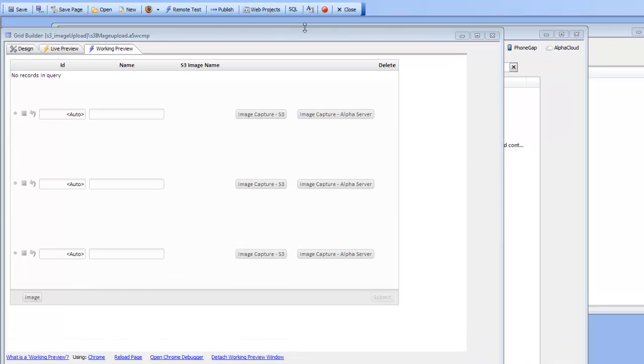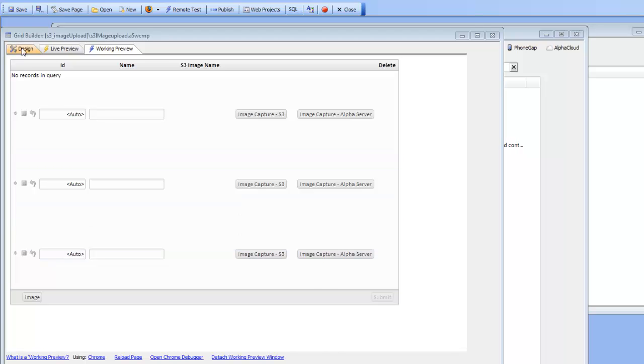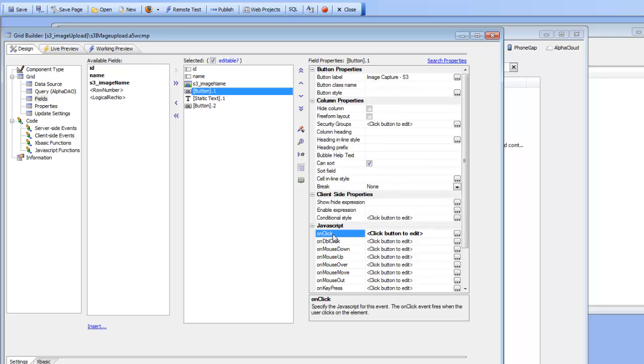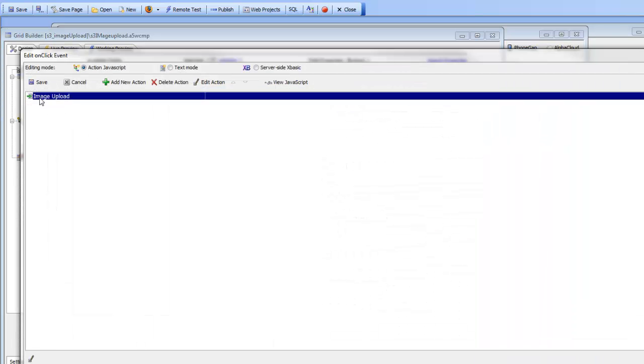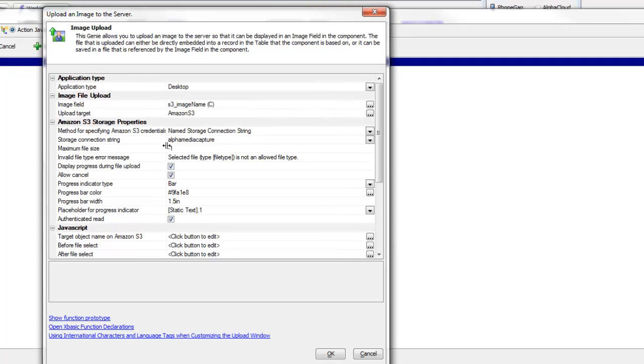So we have here a simple grid component, and the grid component has a character field that has been bound to an image control, and then you can see over here we have a button, and this button does a standard image upload action. But if we examine the properties in the builder here, we can see that because we're uploading